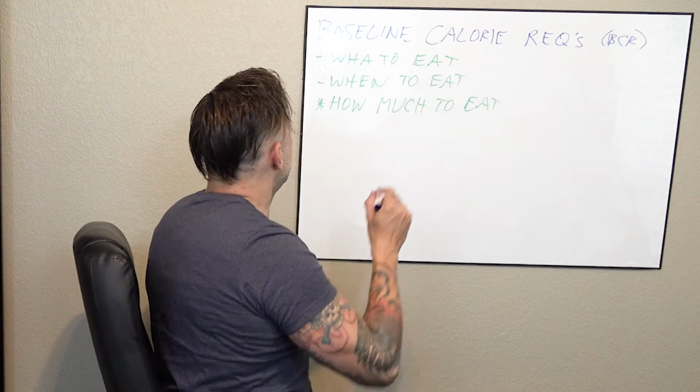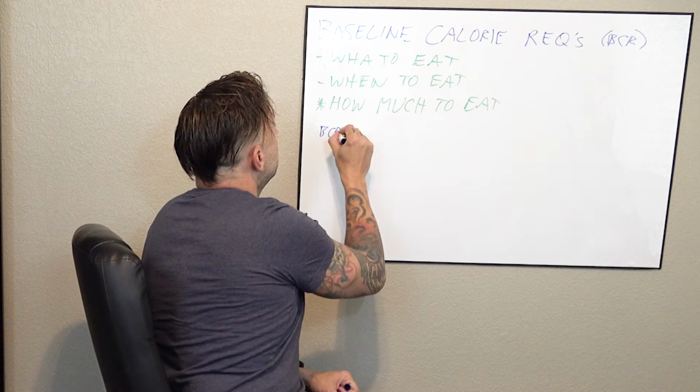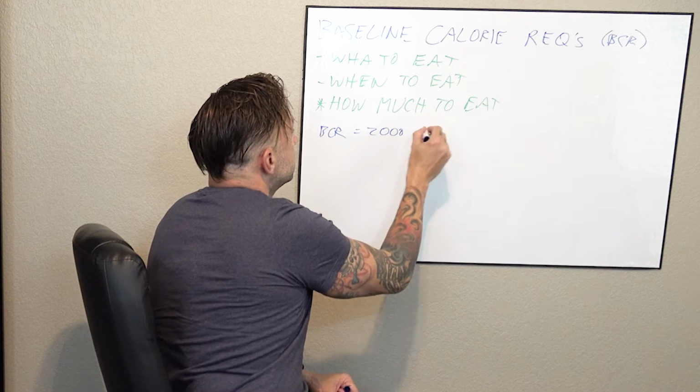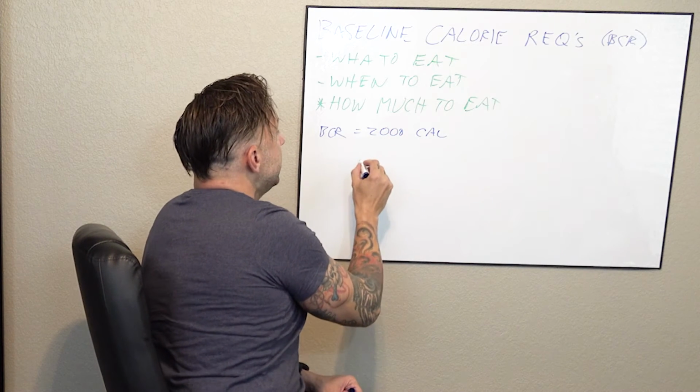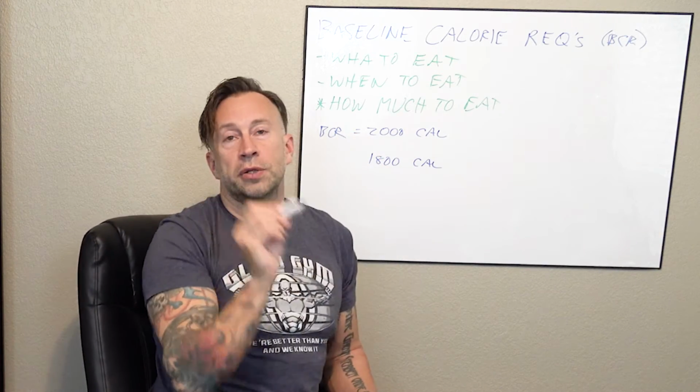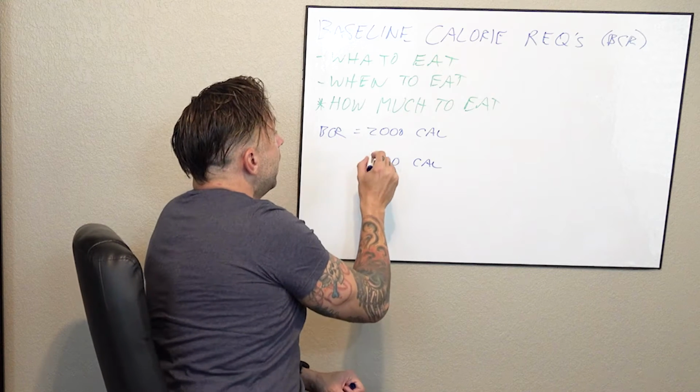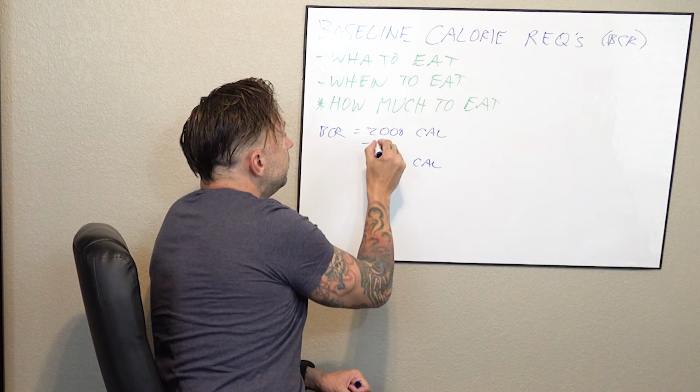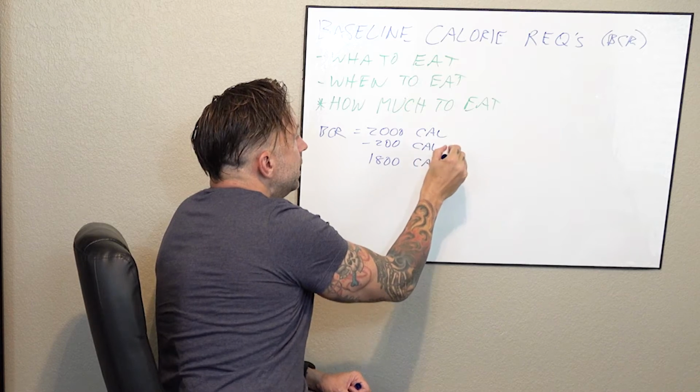Now, almost any weight loss diet or eating plan is going to require that you start with your baseline calorie requirements, which is simply the number of calories you need to eat in a day to maintain your current body weight. Using simple math, let's say your BCR is 2,000 calories. If you eat 1,800 calories a day, you're going to lose weight, period. In this example, we would be in a minus 200 calorie deficit